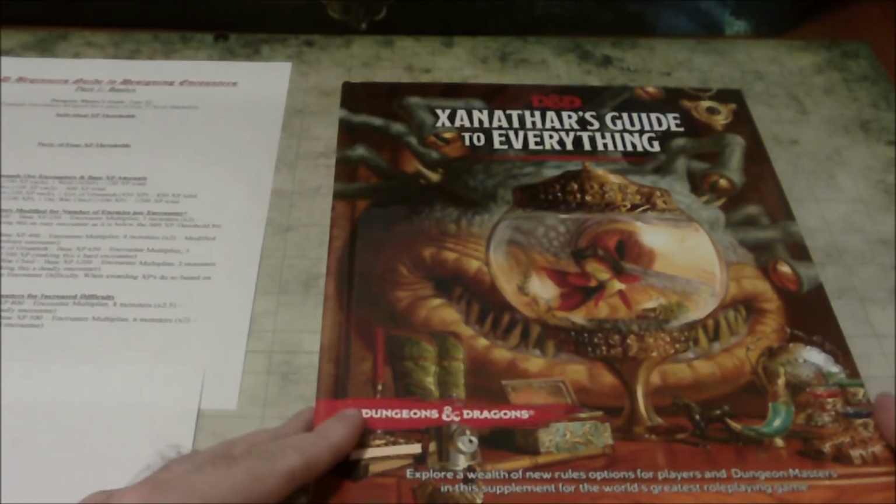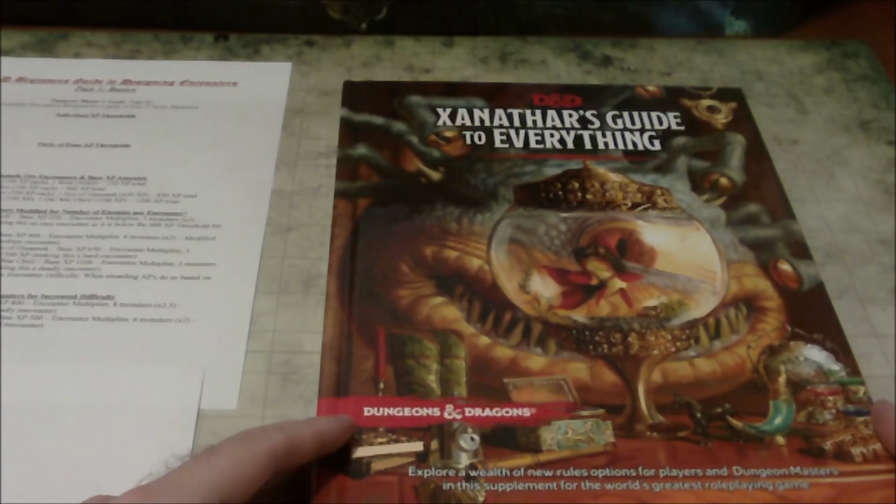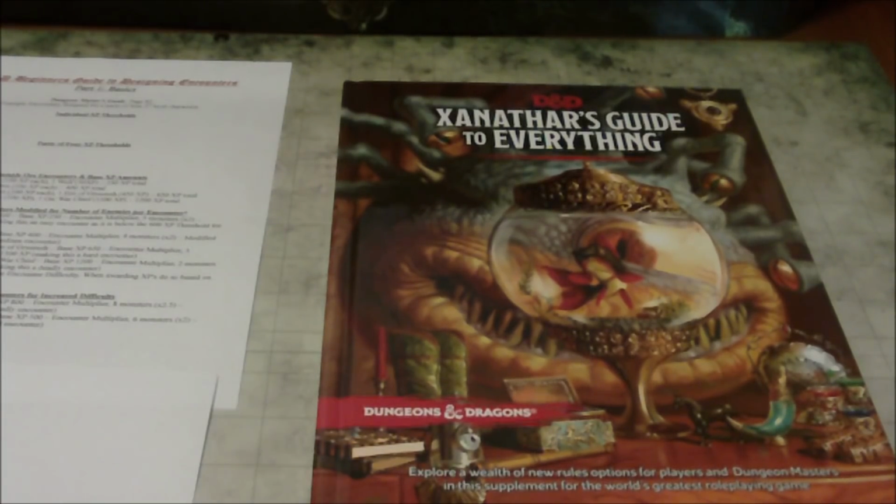The first 4 days we looked at all the new class options that exist in the book, but today we're going to be looking at the new guidelines for creating encounters. I'm going to want to compare this sort of to the options in the Dungeon Master Guide, but I'm